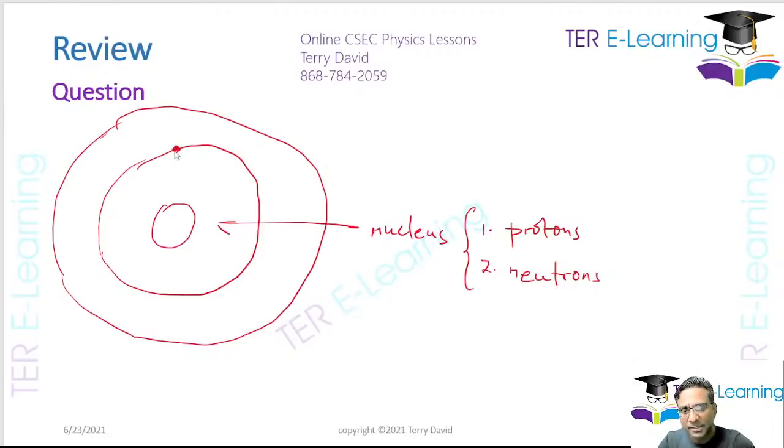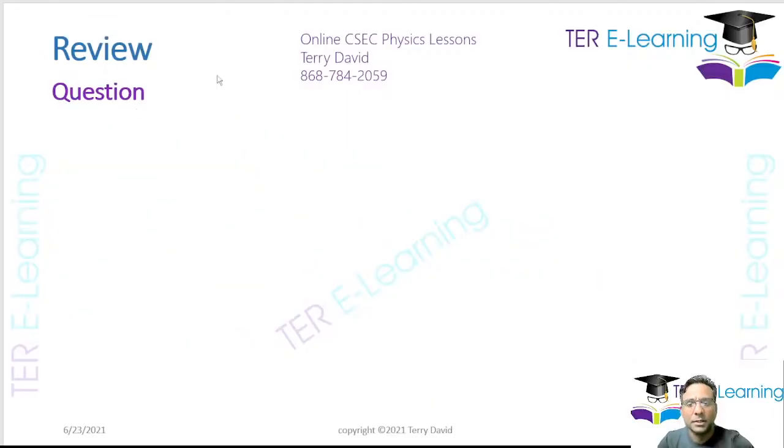Then outside of the nucleus, we have other particles that orbit my nucleus. These particles on the outside that orbit the nucleus are called electrons. So these are the three particles found inside of an atom. Apart from that, you need to know about the masses and the charges. So let's say I have relative charge, and let's say I have relative mass,